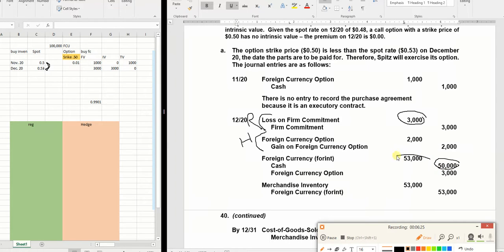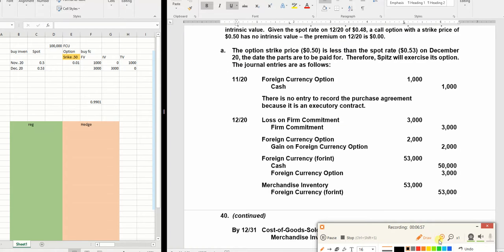But my foreign currency is worth 53.53, and my option should be sitting at 3,000, and it is right here because I've adjusted it to 3,000 there. It was at 1, I added 2 more to it, so it's now sitting at 3,000. And so these should all just balance with the foreign currency option. Then I get my merchandise inventory and pay for it with a foreign currency. So I'm going to clear that, and I want you to ponder that and practice it a little bit before